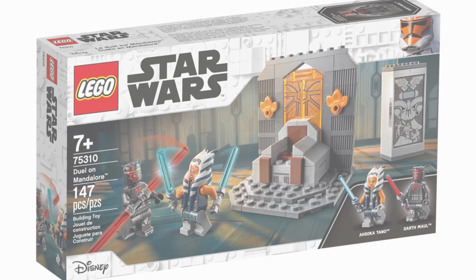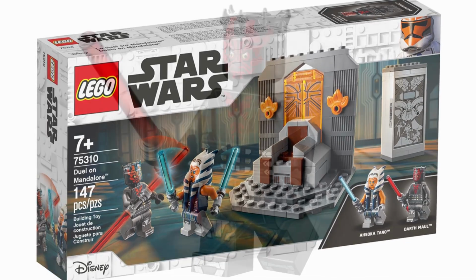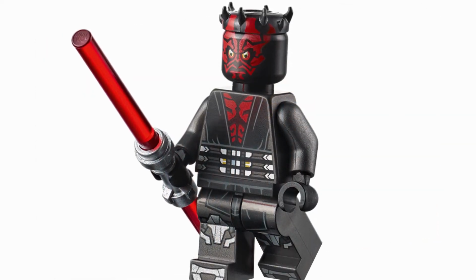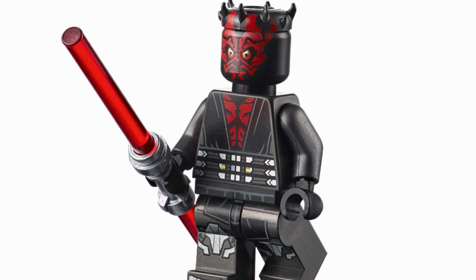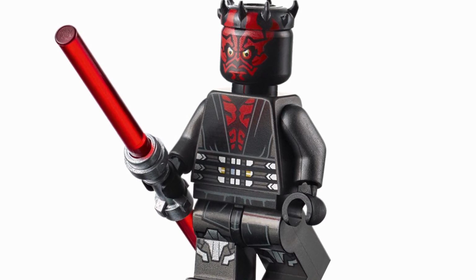The next figure that we have here is from set number 75310, the Duel on Mandalore, and this one here is Darth Maul, and this is definitely a really great looking figure. The main thing, just for myself personally, that puts this lower on the list is that I got the previous version of Darth Maul from the Character Encyclopedia of Star Wars, and I don't feel like this one,